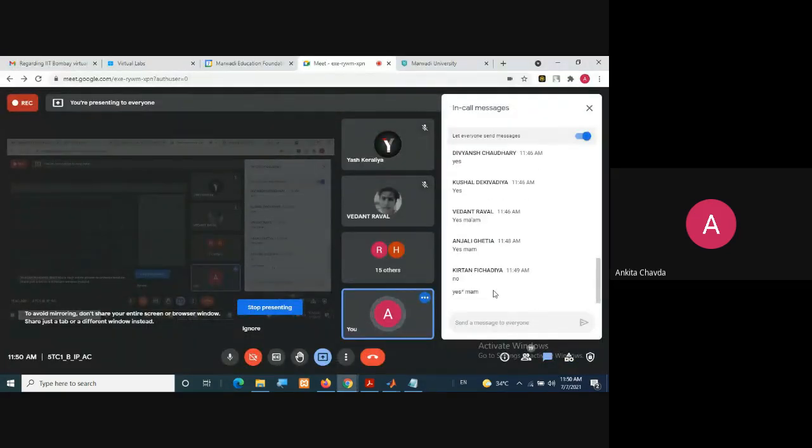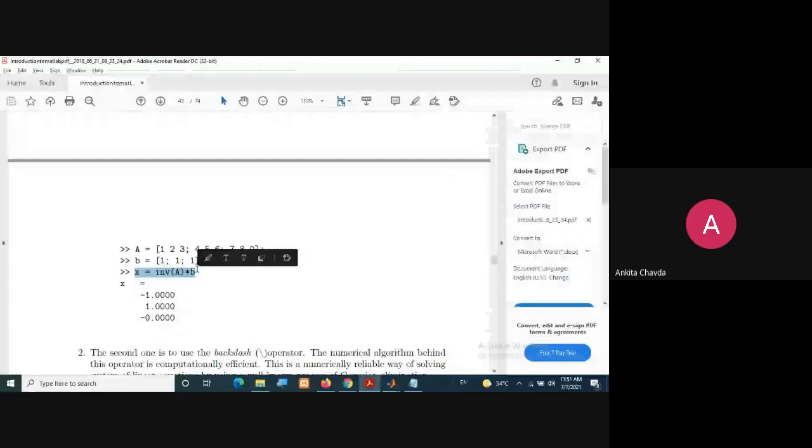Simply, are you getting the answer? Oh, yes, now, okay. You are getting it, right? It's very easy to do. I mean, A equals to what value you are having, you're writing here. Then I'm writing x equals to inverse of A into B. So that's what we are getting, this answer.